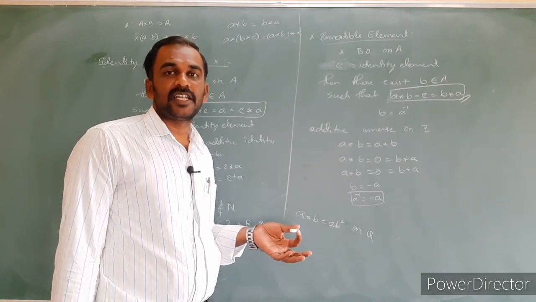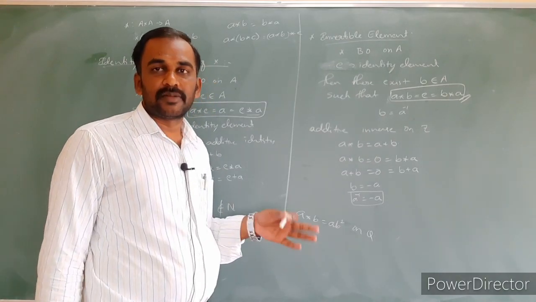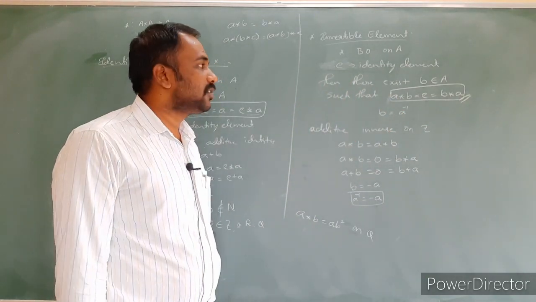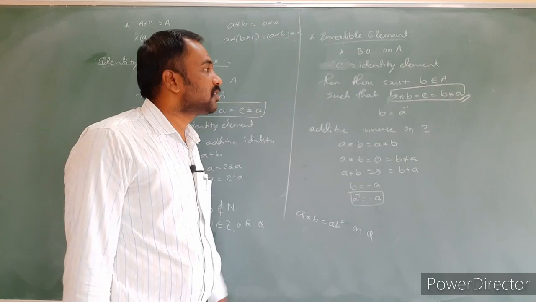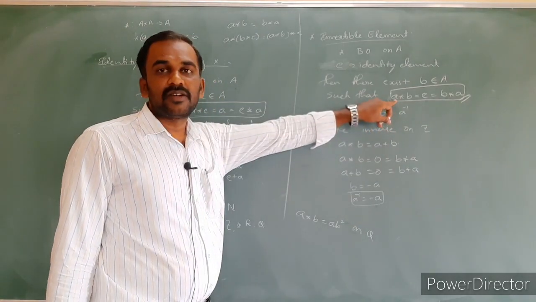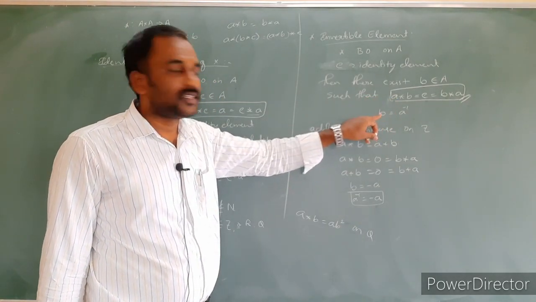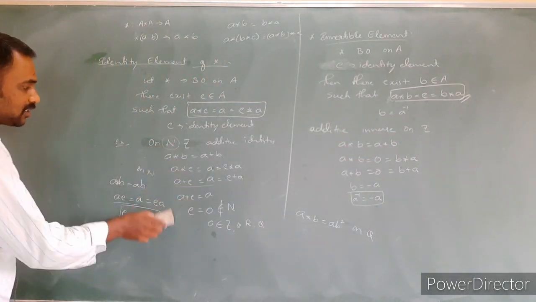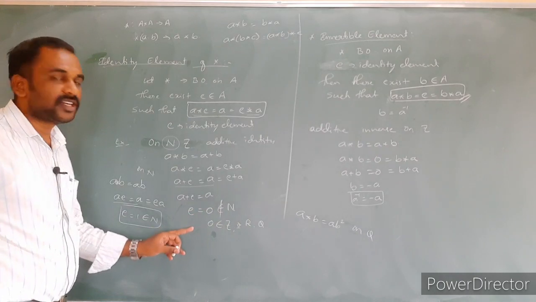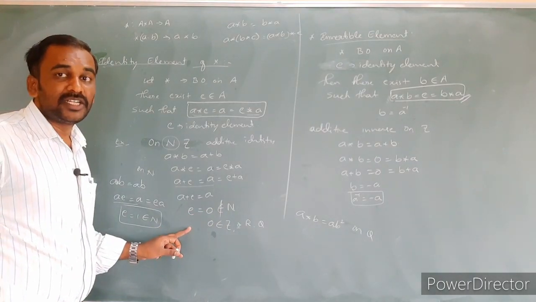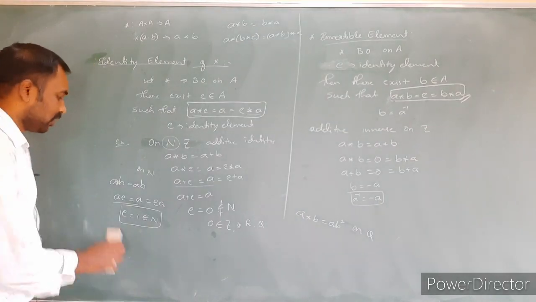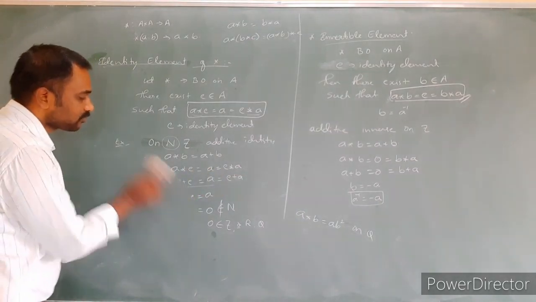And E is the identity element, then there exists another element B such that A star B is equal to E as well as B star A is equal to E. Then B is the required inverse of an element A, denoted by A inverse. That's all, just mention it. There does not exist any identity element on the set of natural numbers for the additive operation. Similarly, just mention it.